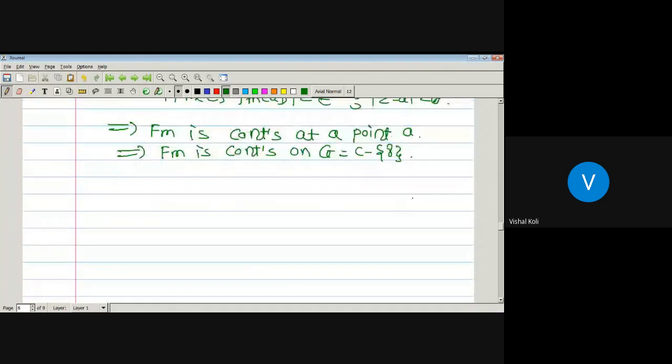Now the next one is that we have to show that fm is continuously differentiable. It means here we have to show that fm is differentiable and its derivative is continuous. Now we have to prove that fm dash of z is m into fm plus 1 of z. Then we say that fm dash is continuous, fm is differentiable. And if we prove that fm plus 1 is also continuous, then fm is continuously differentiable on our given domain, and from that we will say the given function will be analytic. Okay, now consider